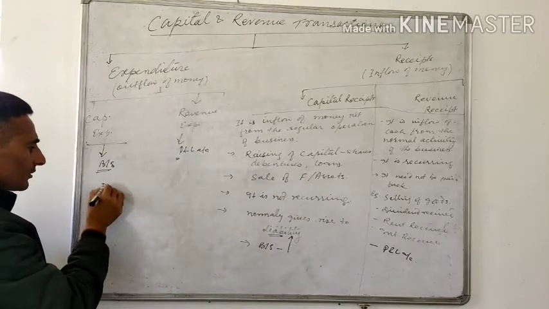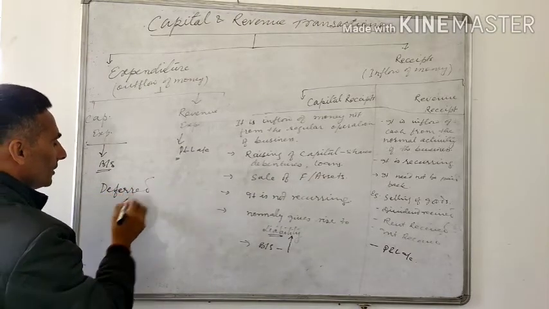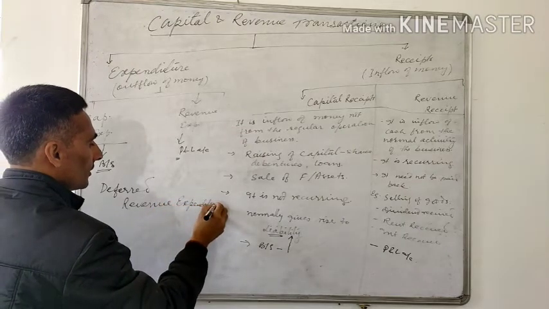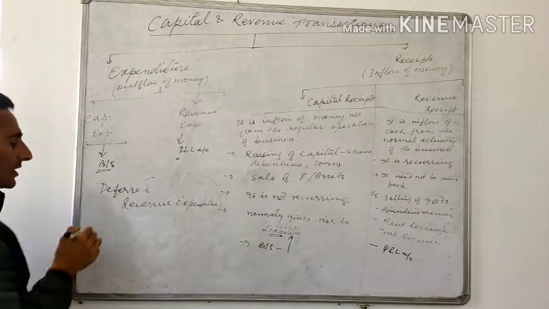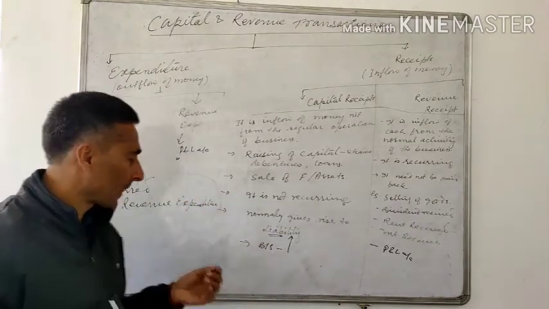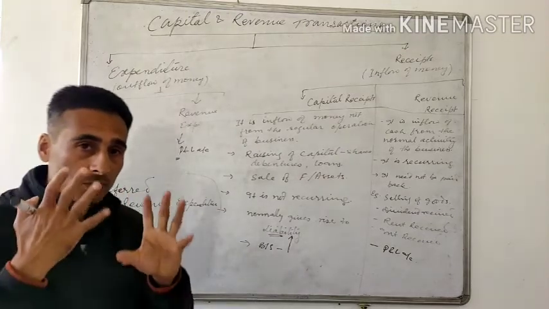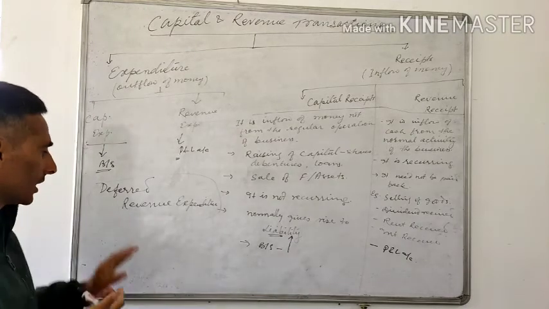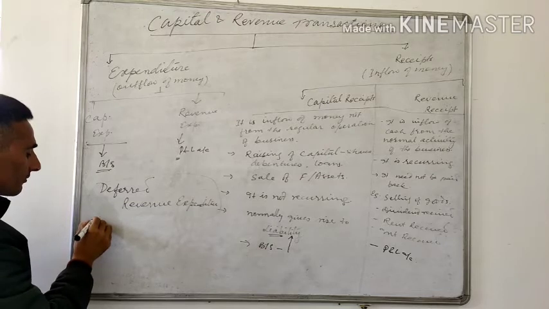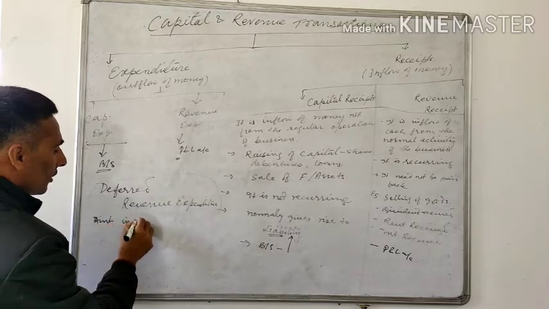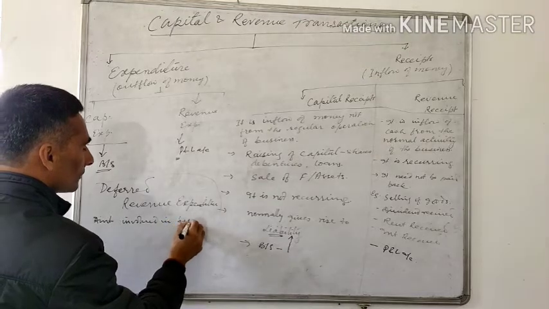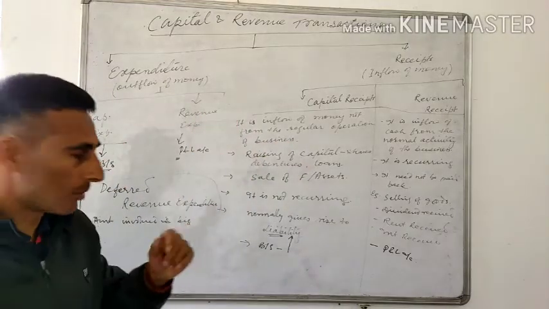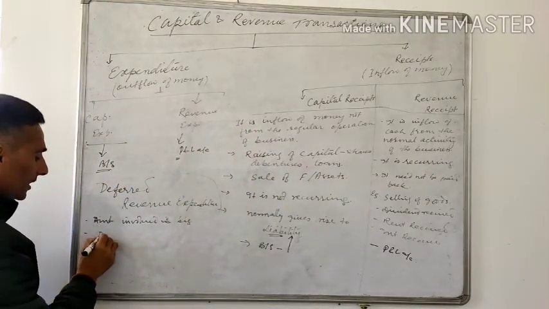Now, one more thing that you have to understand here is deferred revenue expenditure. What is the meaning of deferred revenue expenditure? It looks like a revenue expenditure, but it is not a revenue expenditure, right? Because number one, the amount involved is large. That means a big amount is involved here. Normally in case of revenue expenditure, you have a small amount. Number one is this. Number two, the benefit derived